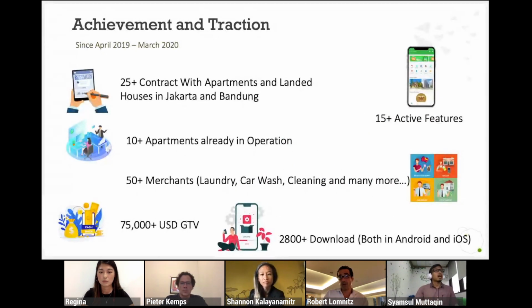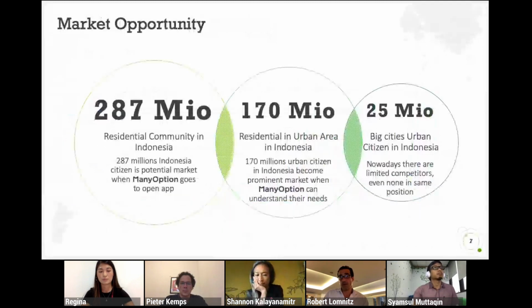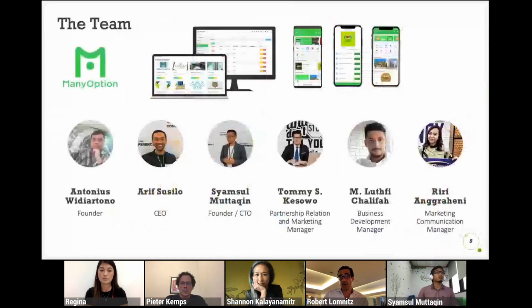And how we attract the buildings: we have a partnership and relation department, so they will go to the apartment and show our product, and then tell them what we can do and what of their problems we can solve. So that is our strategy.